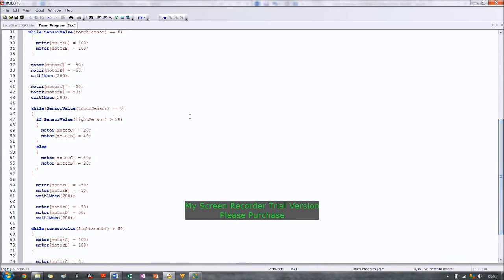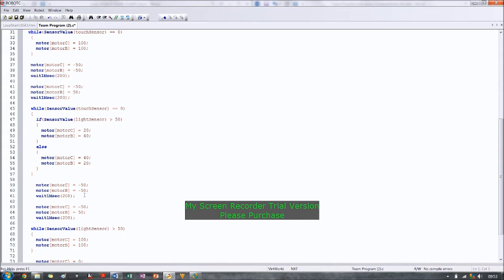We made it follow the black line around the lake by putting in the light value. So if you see here, if sensor value is greater than 50, the robot will turn to the left. So that's when it senses the white area. And then if it senses the black area, it will then turn to the right. This way we can get a zigzag pattern to happen, so it will continue to track the line until it hits something, which is why we've put this little code up here. So while it's not touching anything, it will continue to track a line until it hits something,